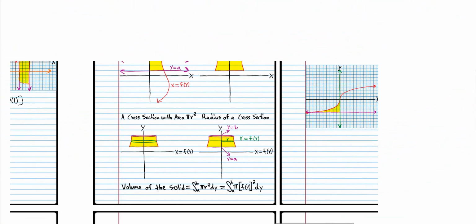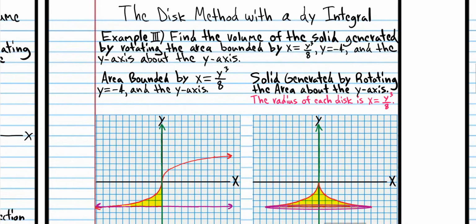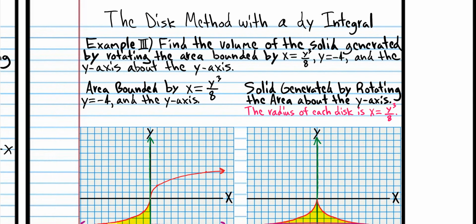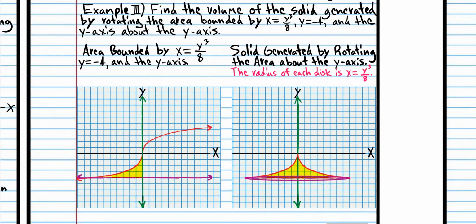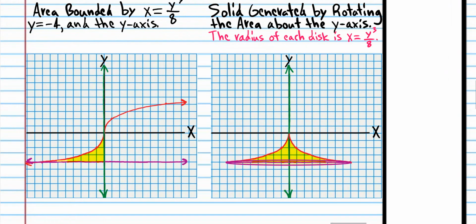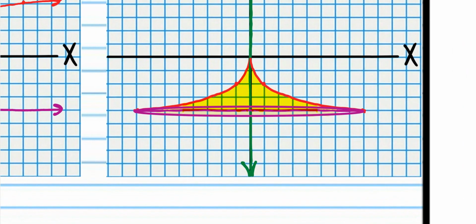So let's do a practice problem. We're going to do a problem that employs the disk method. It says find the volume of the solid generated by rotating the area bounded by the graphs of these equations about the y-axis. So we're rotating about a vertical line. So we have an area down here bounded by these graphs, and we're going to rotate about the y-axis. So we get this shape, the three-dimensional shape,